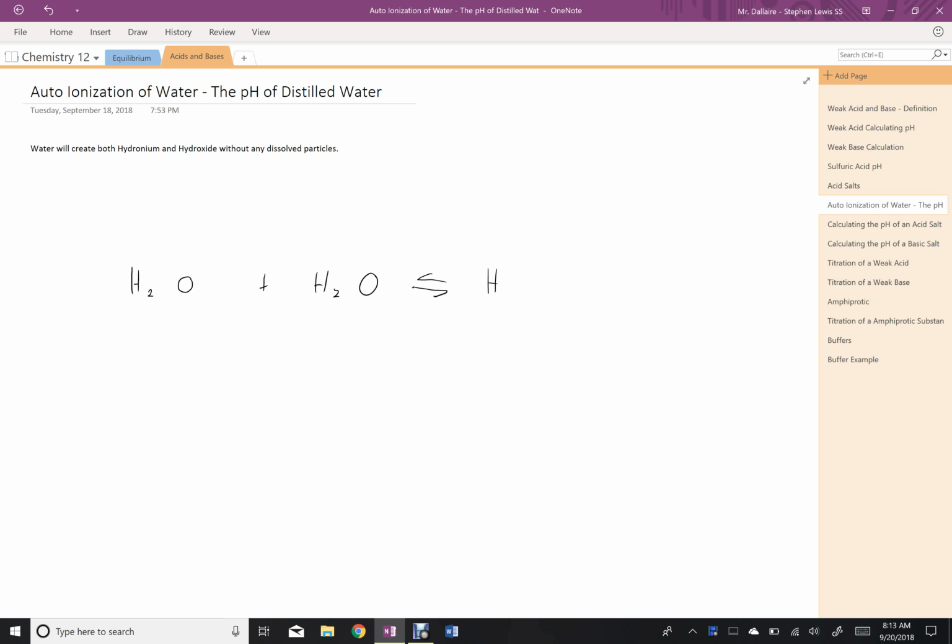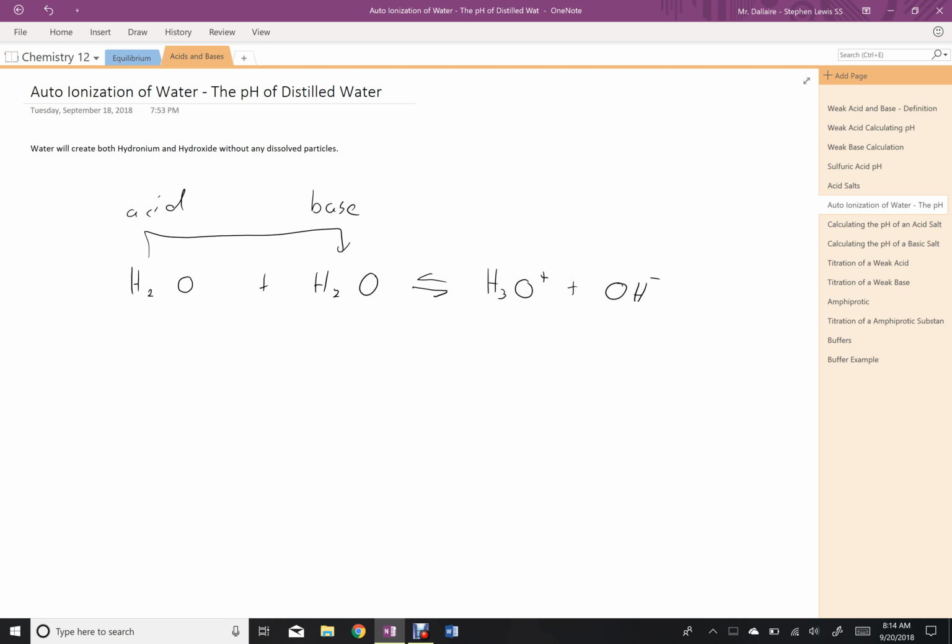This is a heavily reactant-favored reaction, as in not very many of these products get created, but they can naturally have one of the waters act as an acid and the other water act as a base and donate the hydrogen from one to the other and end up with hydronium, and then the donator is left as hydroxide. So this is called autoionization of water, and these populations get created naturally even when there's no dissolved particles in